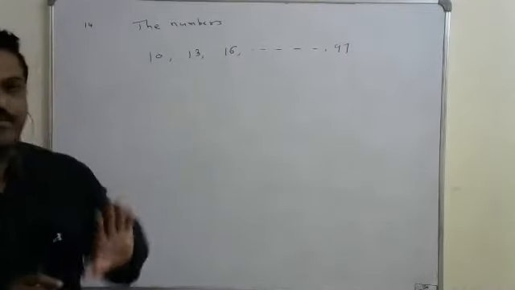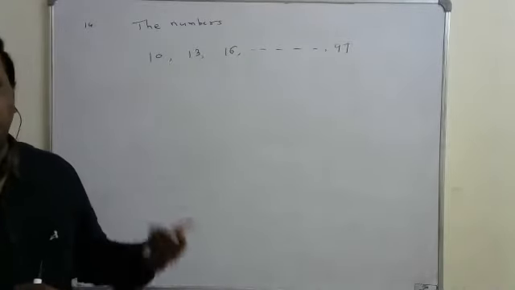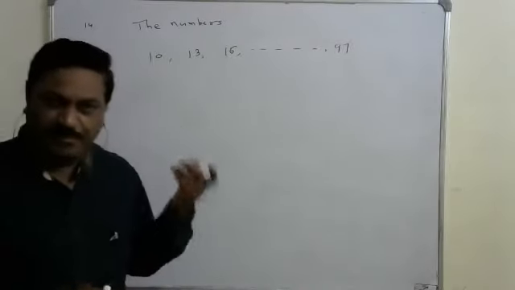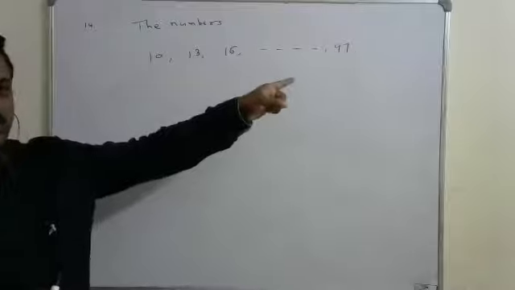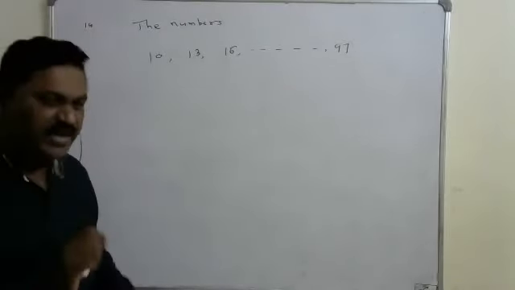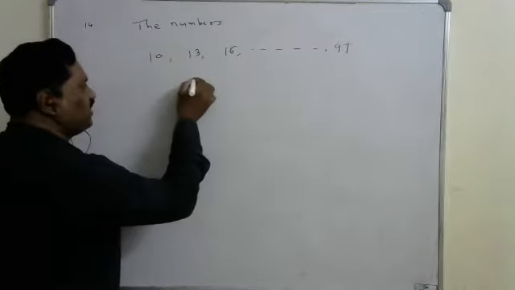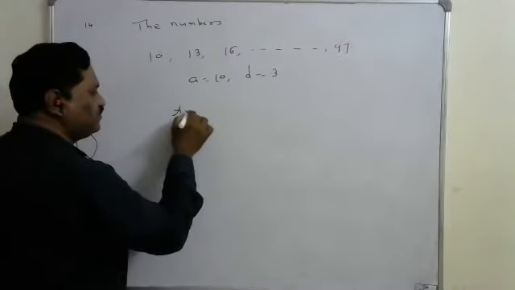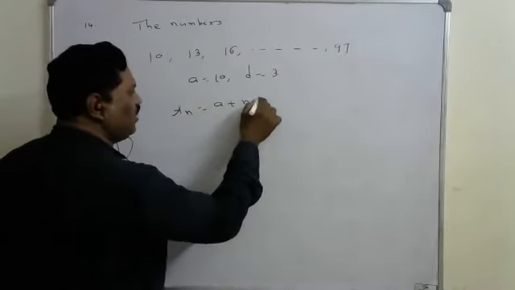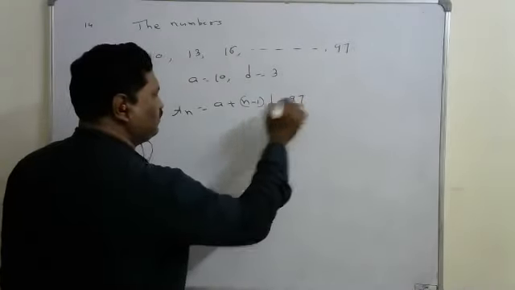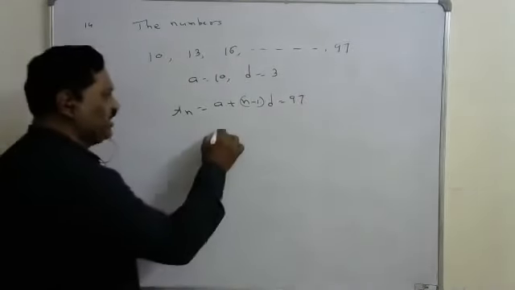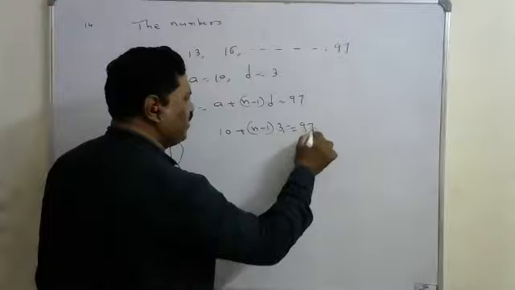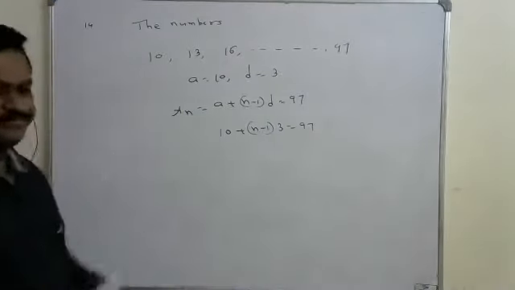So if you observe, these are those numbers. How many such numbers are there, that we have to find. The number of numbers in that sequence. Observe that the sequence is in AP. In the AP, we know the last term is 97. Then we have to find the value of n, where A, the first term, is 10. Common difference is 3, and the nth term is a plus n minus 1 into d, which is 97. Now we substitute: a is 10 plus n minus 1 into d, which is 3, equal to 97. So send this to the other side.